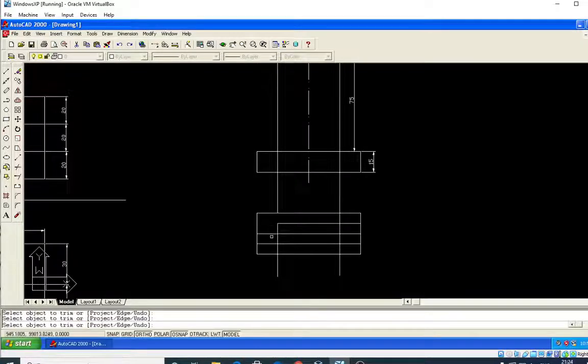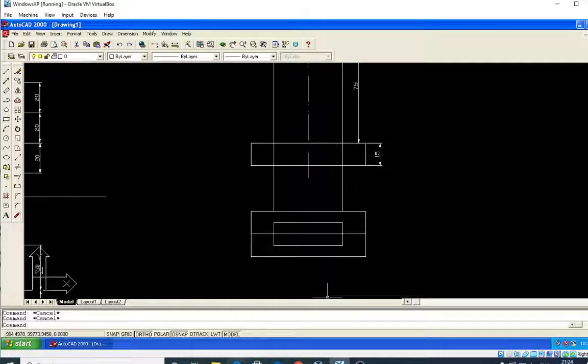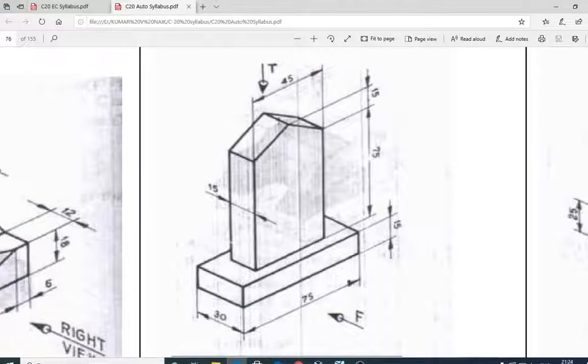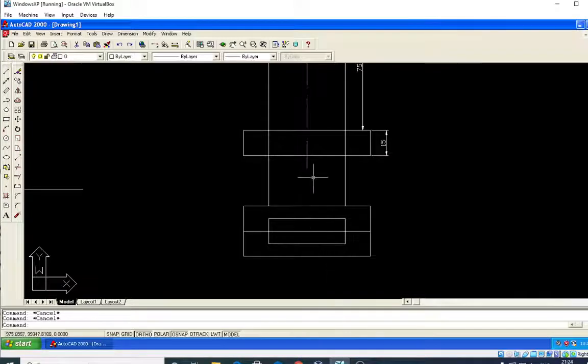Here you can trim these things, trim, trim, trim also. Afterwards these two can be erased. So then at the center also you can see this one edge is there. This one edge we have to draw. The edge also. What I will do, I will take a line command at the center of this. Here is a center. I will join this. Okay, this line is not required. Correct. This line is not required.